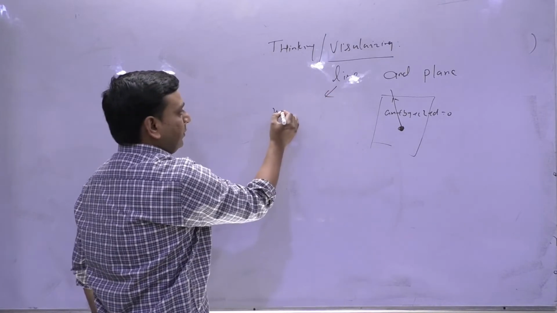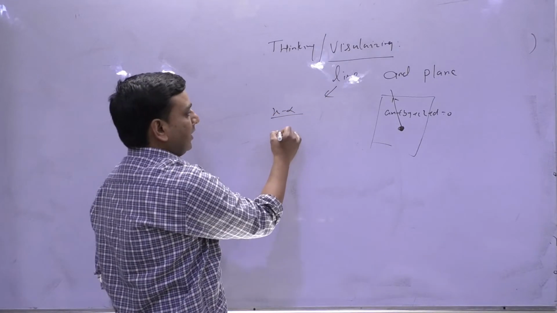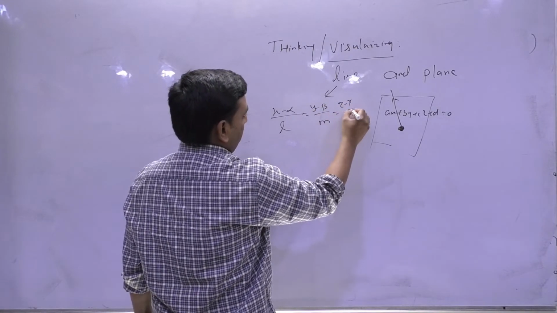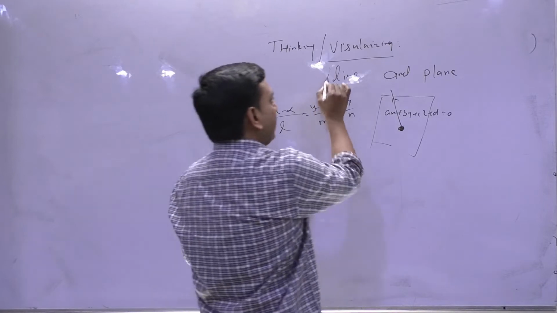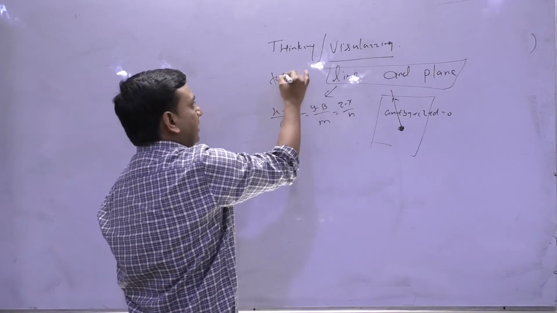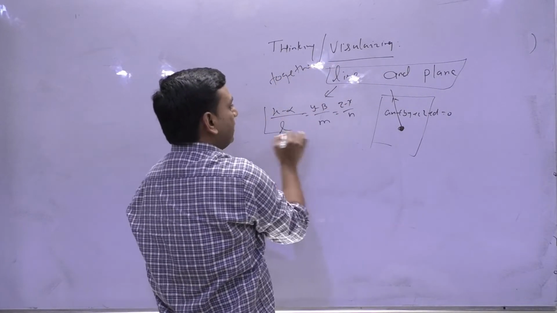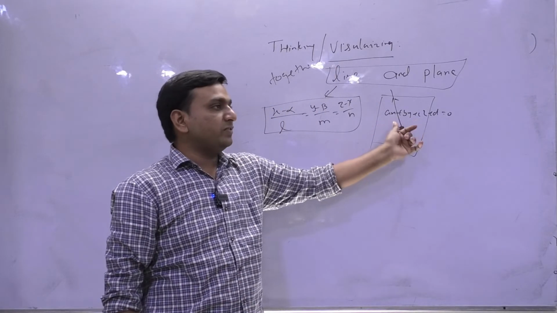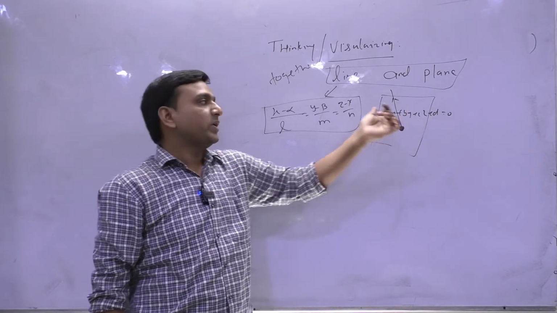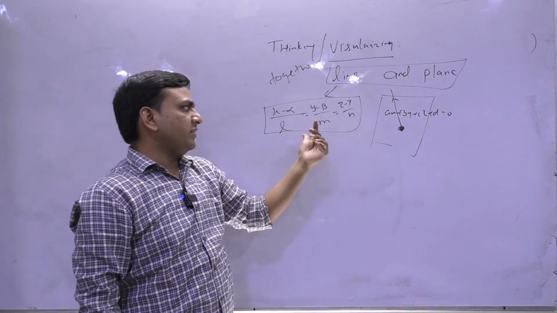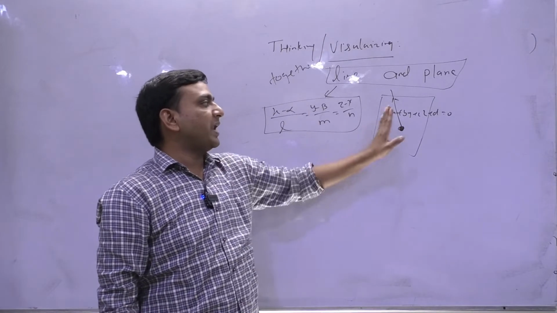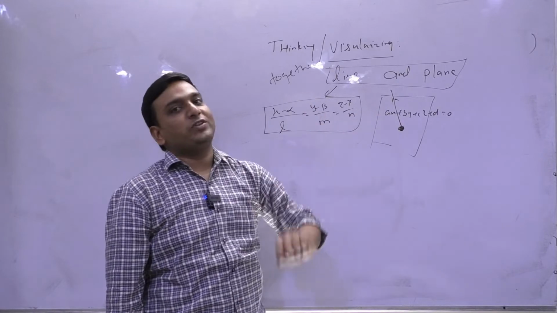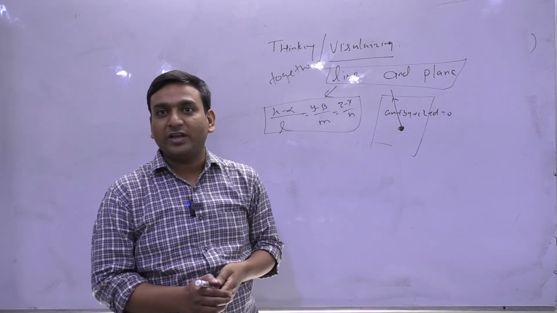For line, if I am talking about passing through a point alpha, beta, gamma with DCs as l, m, n. So if I am thinking about line and plane together, these are two things which I should carry on. Plane के DRS means normal line के DRS to the plane, and I have some other line. If there is a relation between them, like this line is parallel to this plane, if this line is perpendicular to this plane, something like the concepts you can evolve.